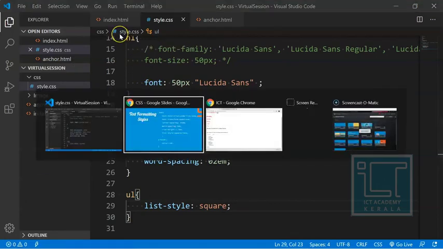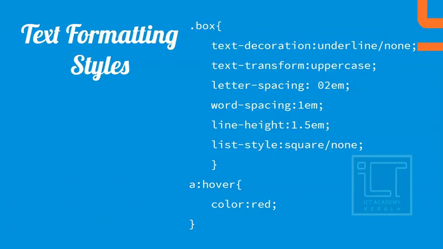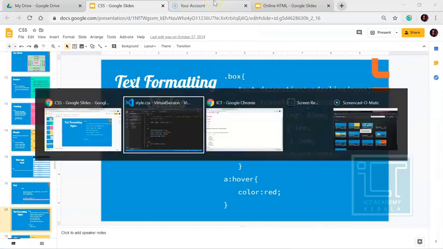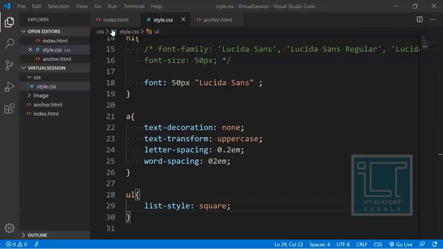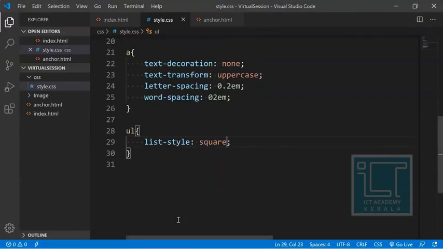Hovering means, as you have already seen on websites, that we are going to make something hover. I'll show you. Hovering is nothing but when we place our cursor on any particular element inside our website, something will happen.